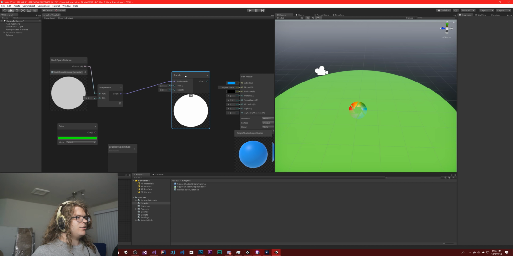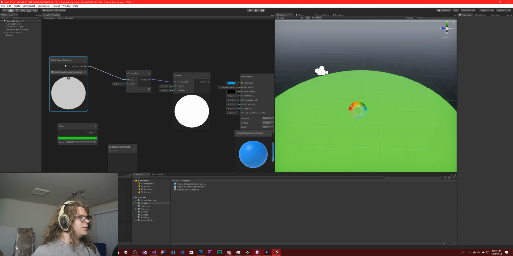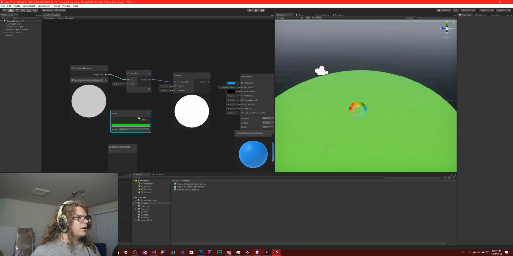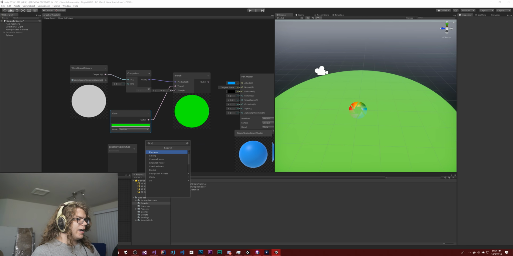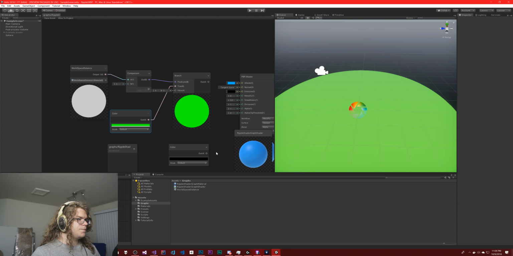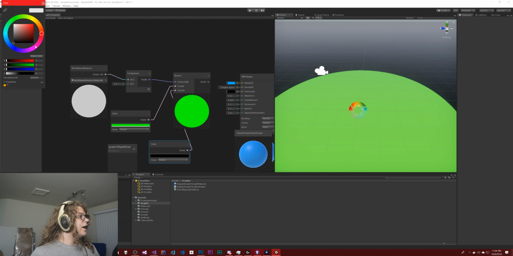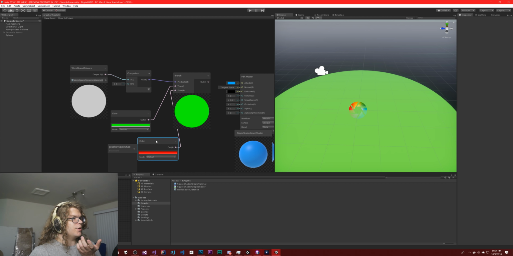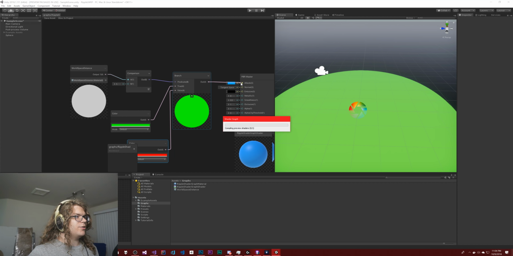And I think what we can do is just have this branch up to here and then just plug 2 colors in. So we can have green and create another color and plug that in down here. And we'll make this say red. And so the way this is going to work is exactly the same. It's going to output